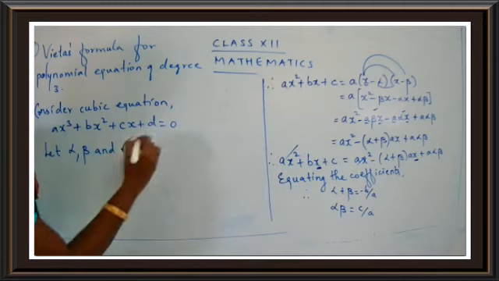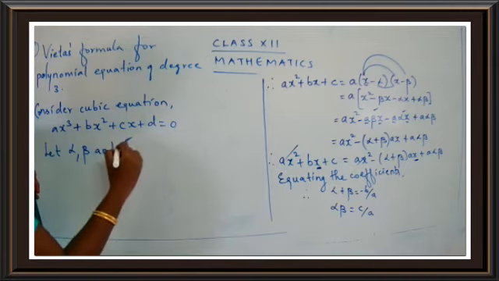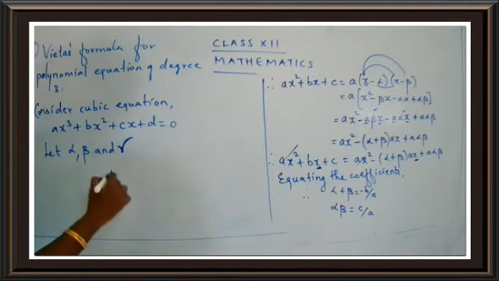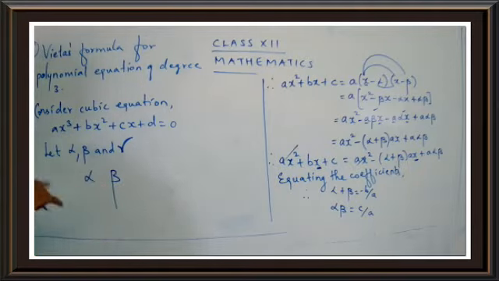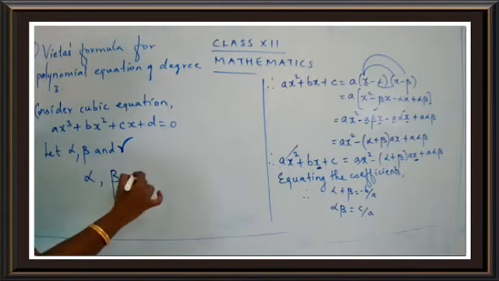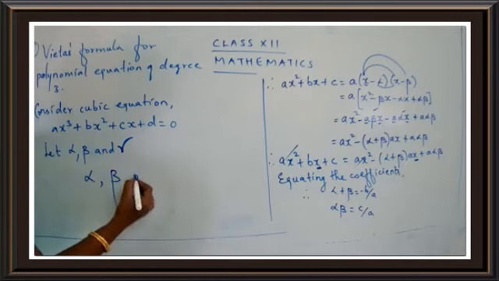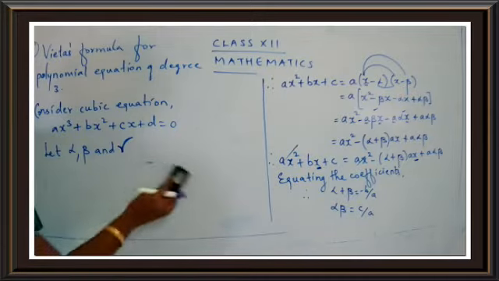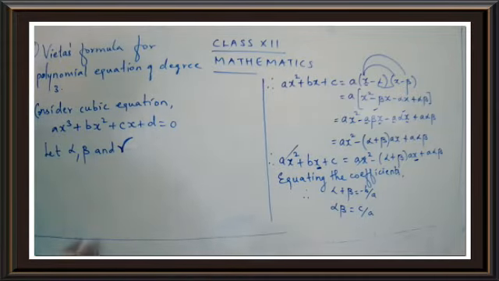Gamma is like a crow flying out. Be careful with gamma. Some people don't write it properly. Beta is like you have to make a tail for B. Alpha is like this. Alpha, beta, and this is gamma. Be careful, just raise the wing, like a crow flying out. Alpha, beta, gamma. So let alpha, beta and gamma be the roots.